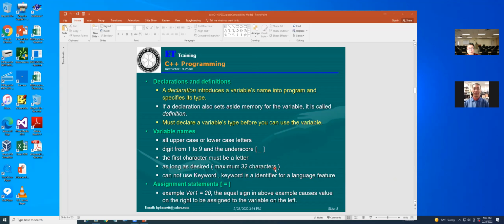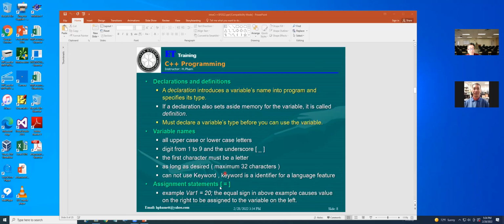So that's very good. You also cannot use a keyword, which identifies a language feature. That means some keywords are used in the program, for example, for, that means for loop, if statement, or do, that means just a forward.